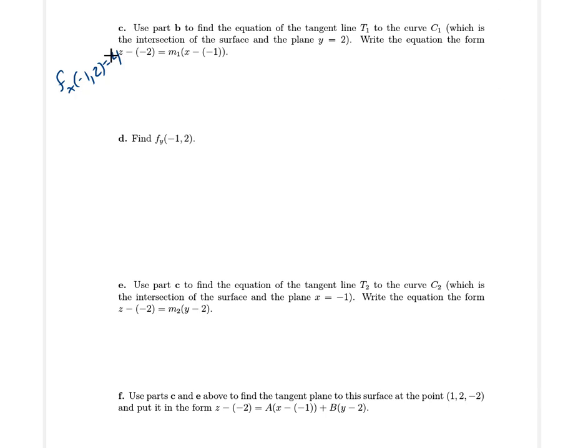So in this problem, I want us to do this like it's Calc 1. What would we do in Calc 1? We would take z minus the z value we're at is equal to our slope times x minus the x value we're at. But the slope we know, right? We learned that the partial derivative with respect to x is the slope of that line. And so our equation is just this,